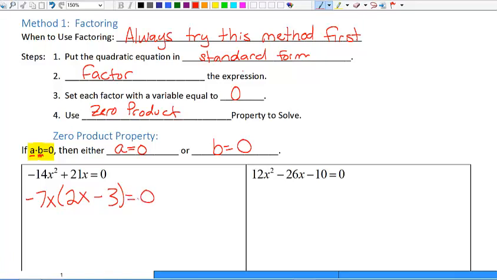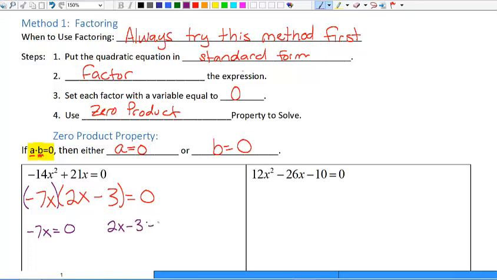Okay, step 3, set each factor with a variable in it equal to 0. So there's 2 factors here. Sometimes people don't think of the first one, negative 7x, as a factor, but it is. Does it have a variable in it? Well, it sure does have a variable in it, so I'm going to set each of those factors equal to